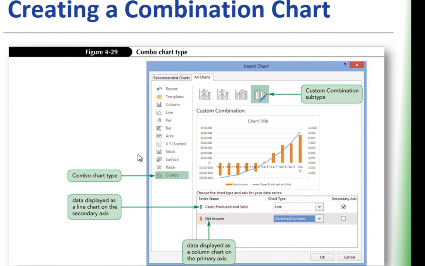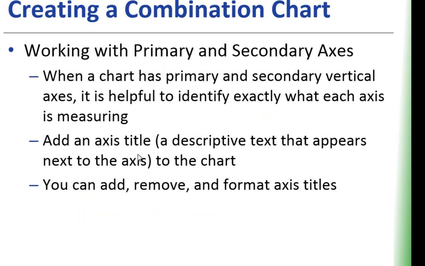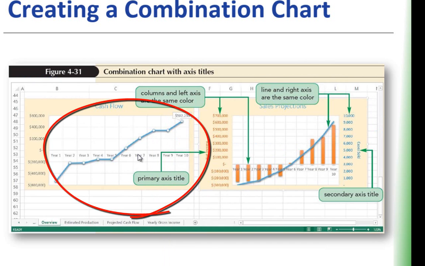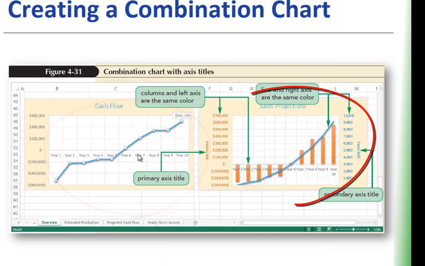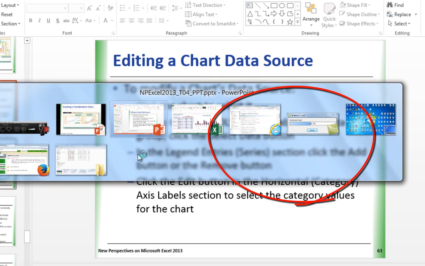Now you can also have two axes, a primary axis and a secondary axis. When creating a combination chart, you're working with primary and secondary axes. When a chart has a primary and secondary axis, you're going to have an axis on the left side of the chart, which represents the primary, and then the secondary axis will be on the right side. So we're going to go ahead and create a combination chart, and here's an example of taking a line chart and putting it on top of a bar chart. Let me go ahead and take you to